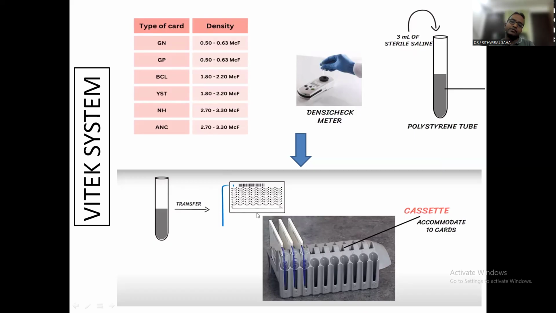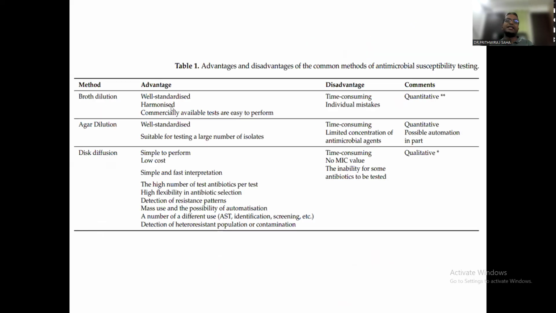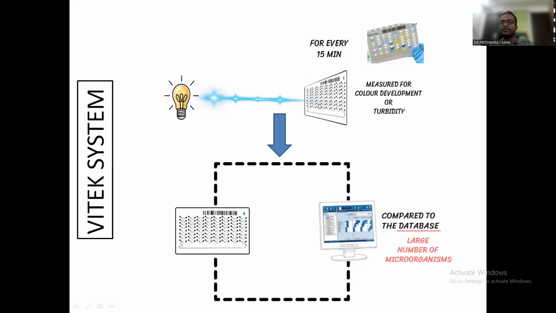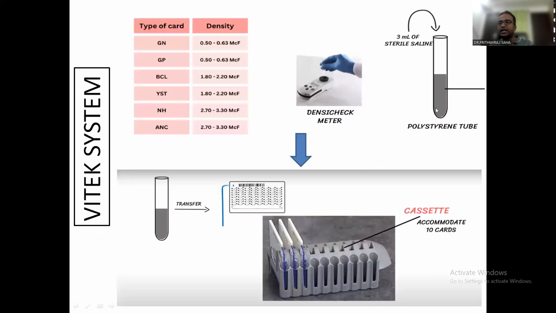bacteria, by a certain mechanism, go into this card, travel through this pipe, this blue pipe, and into this card, and then they are placed into the system where the turbidity is measured for the color development or turbidity, and by their set database they are compared, and then they are tagged resistant or sensitive. So first, culturing, subculturing, diluting, checking the optical density, putting the card inside the tube, the culture goes into the